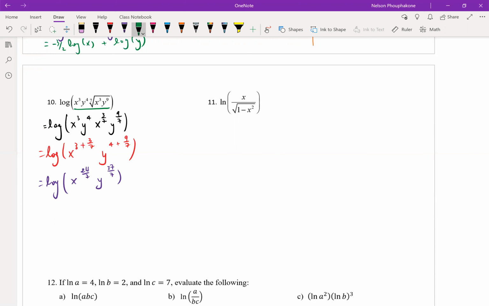Then now we could have log of x to the 24/7 plus log of y to the power of 37 over 7. Okay, then my answer is